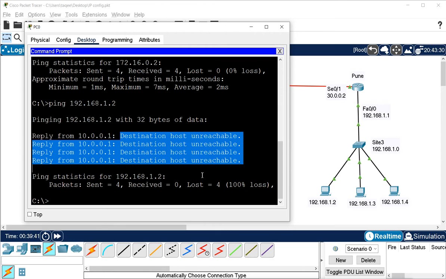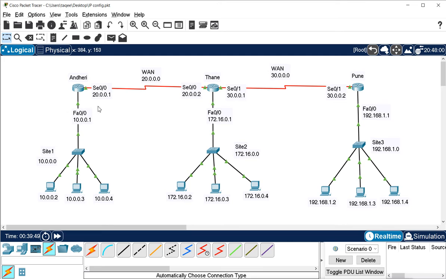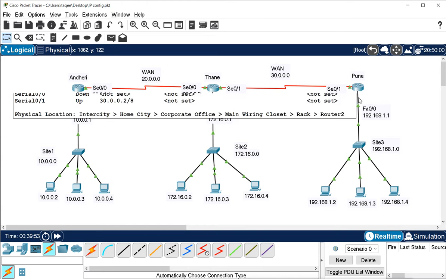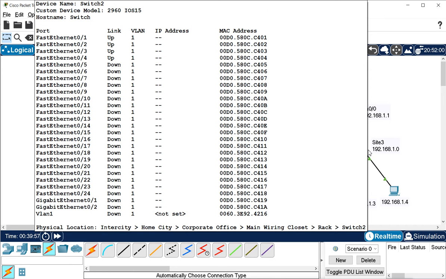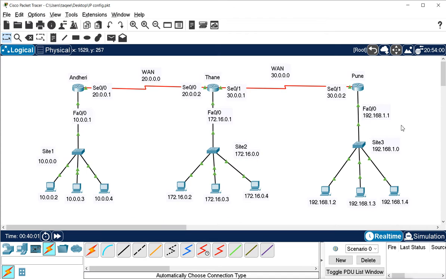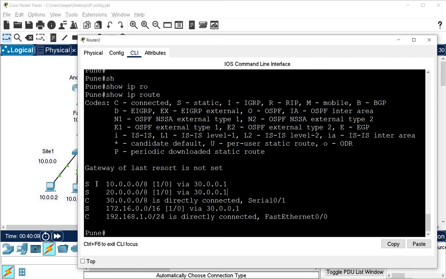We have configured the Pune router, but we still get destination host unreachable. Why? Because these routers do not know about these new networks. They only know about the networks which we have already configured, so the new network we have added here they don't know about. But Pune knows about all these networks, because we have configured the Pune router to know all the networks.